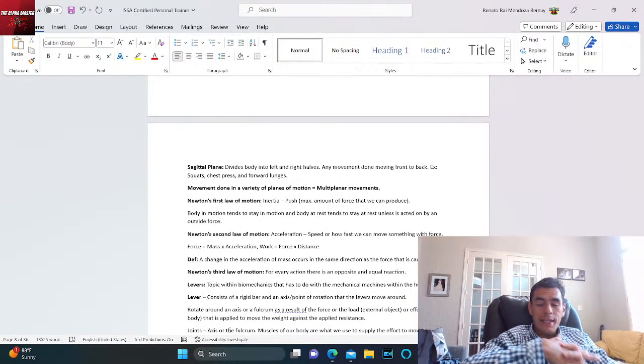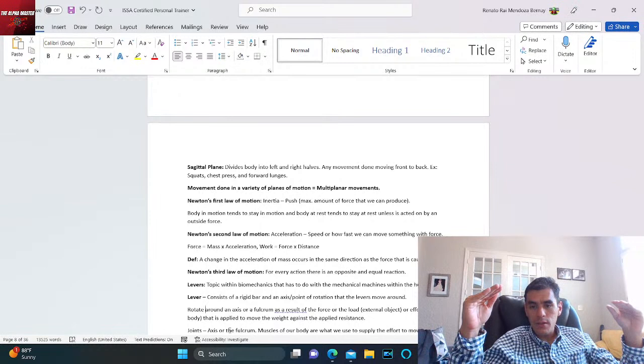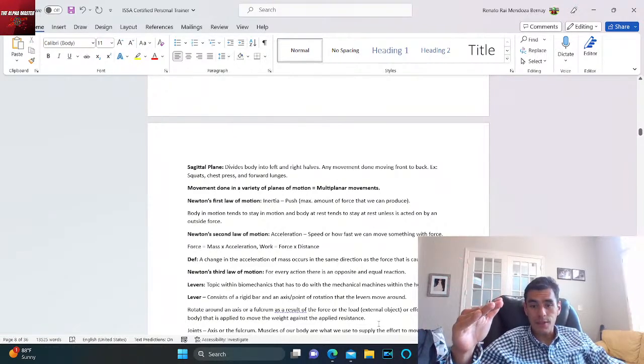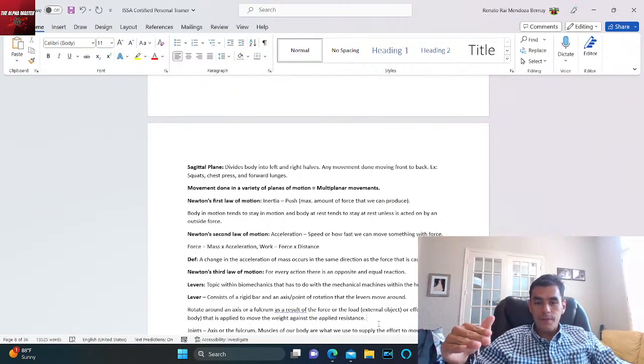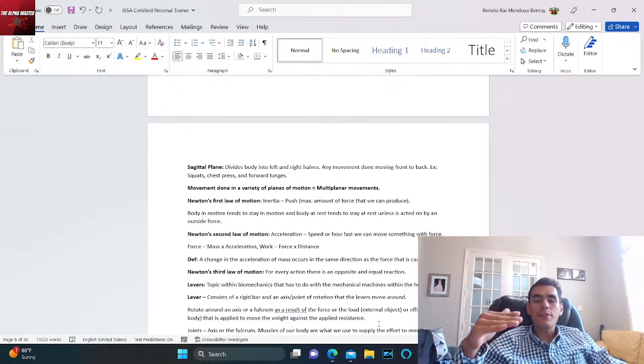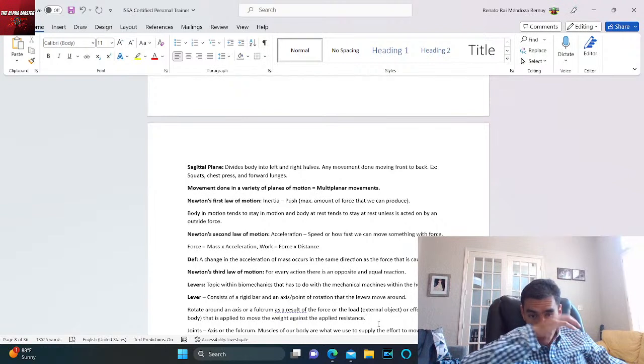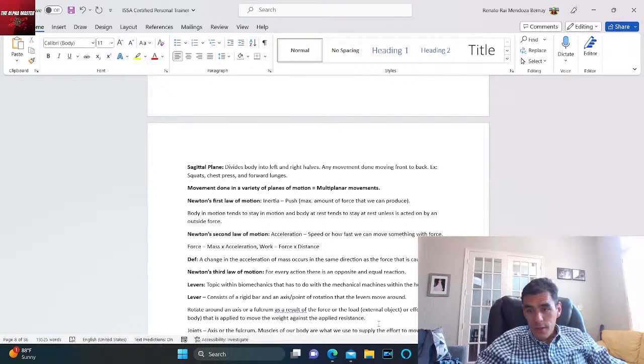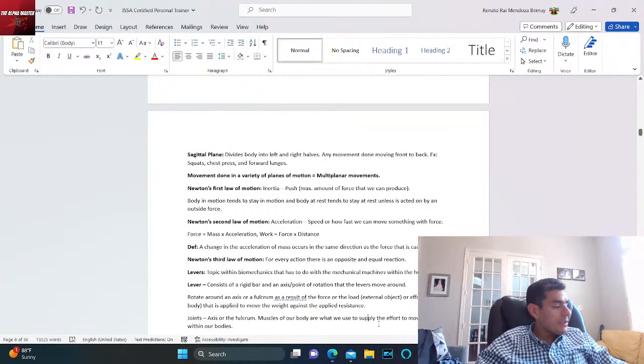So they rotate around an axis or a fulcrum as a result of the force or the load, external object, or effort forced by the body that is applied to move the weight against the applied resistance. So the joints are going to be